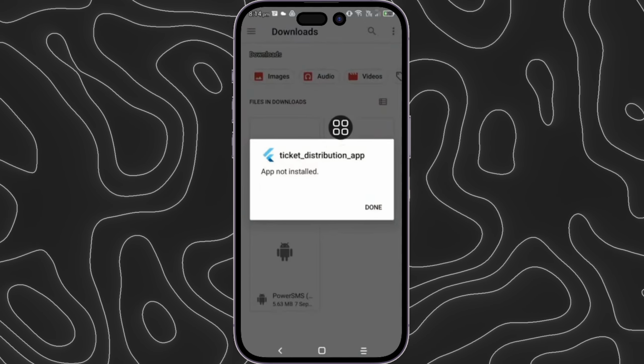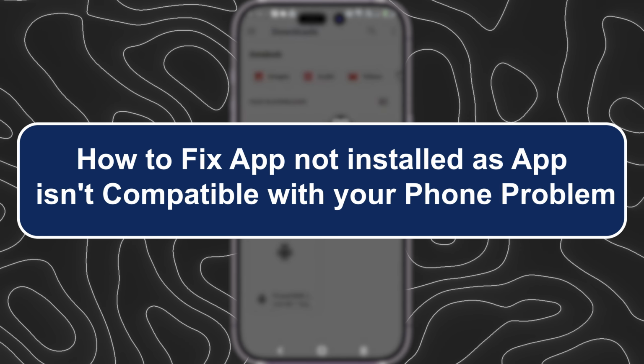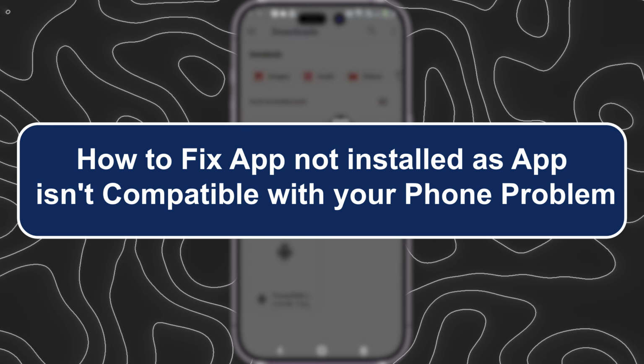Hey everyone, Zane here, and today we'll show you how to fix app not installed as app isn't compatible with